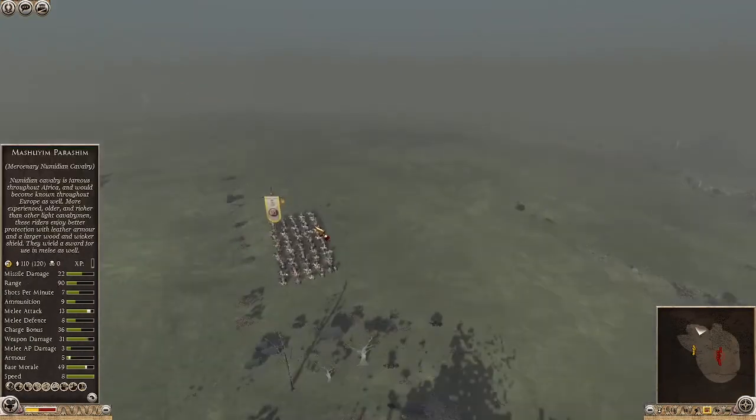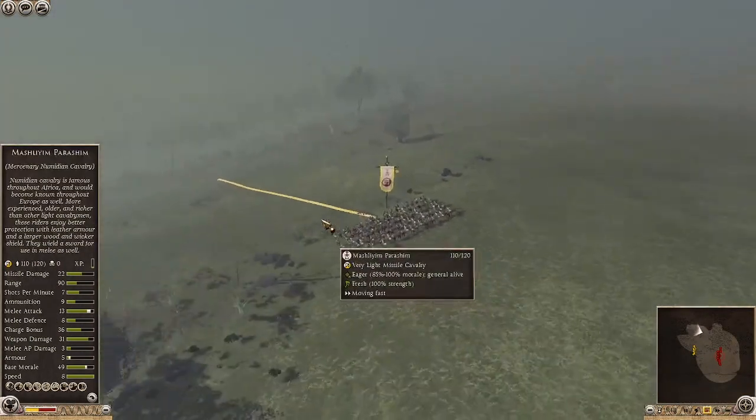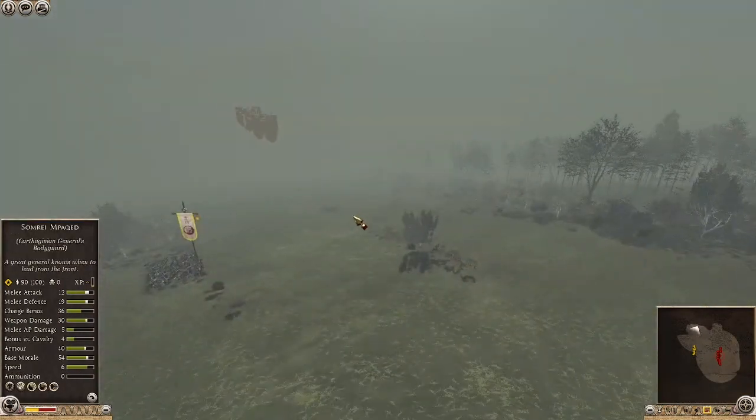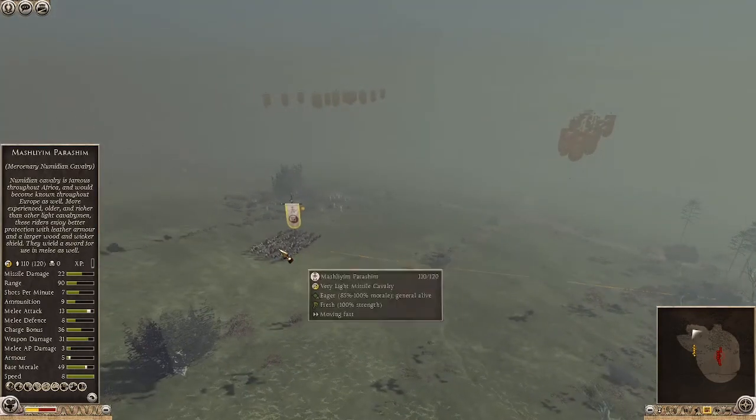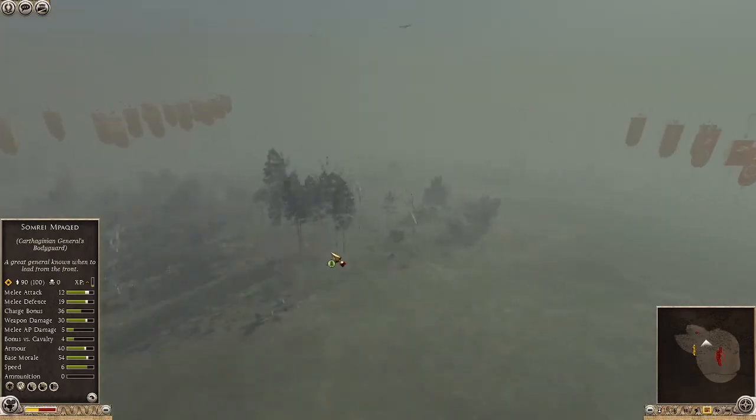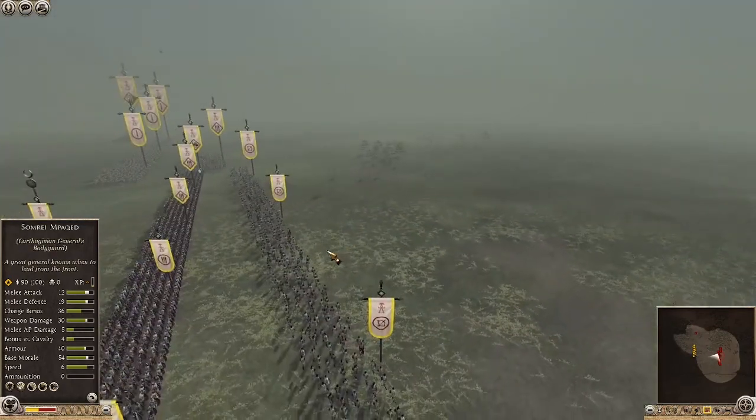And here we are at the battlefield. My Numidians deployed far away as usual, to scout out the enemy position. They're quite handy like that, and I think that's probably what they were used for historically anyways. But they were light cavalry, so...